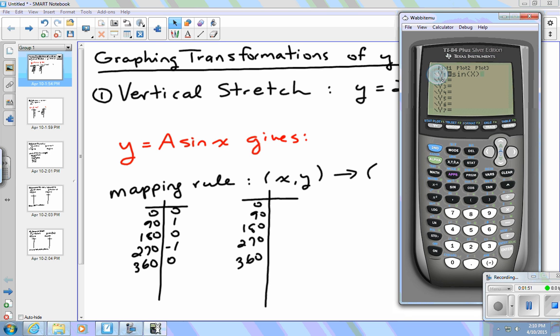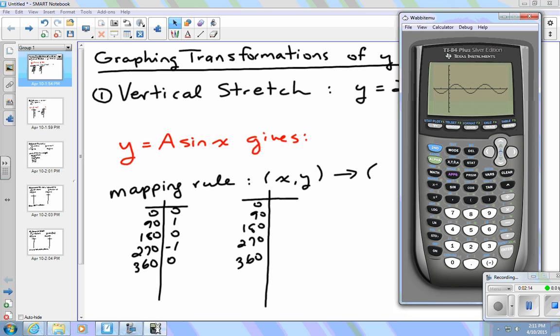This one doesn't want to cooperate with me that way, but you could change it to a dotted line. But if we hit graph, we see there's the sine function. Remember, it starts at 0 and does one full cycle or period in 360 degrees. So to the right of the y-axis, we see two full periods as we go from 0 to 720